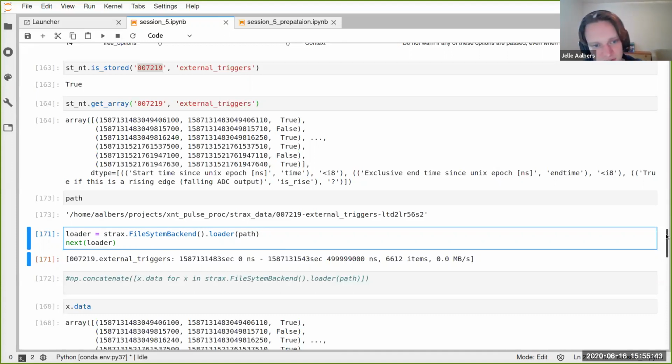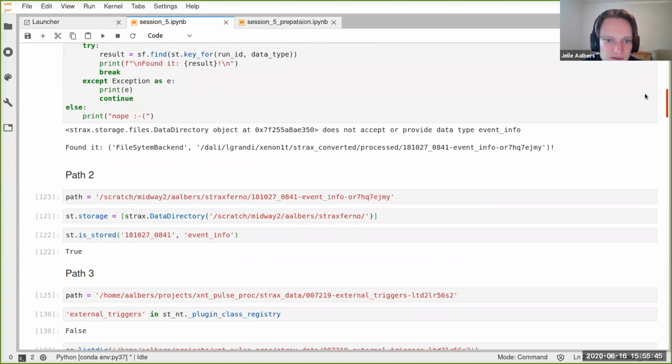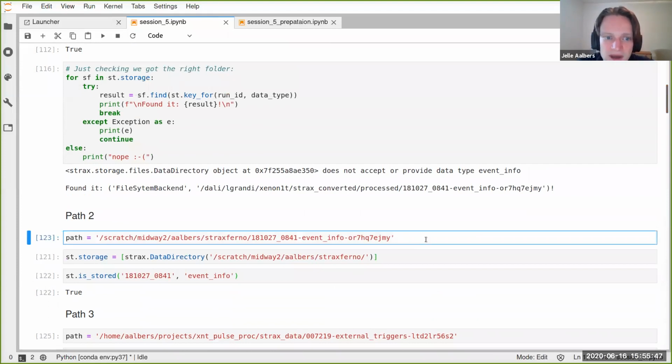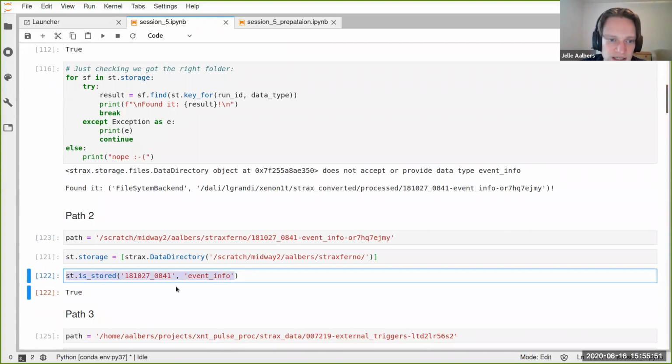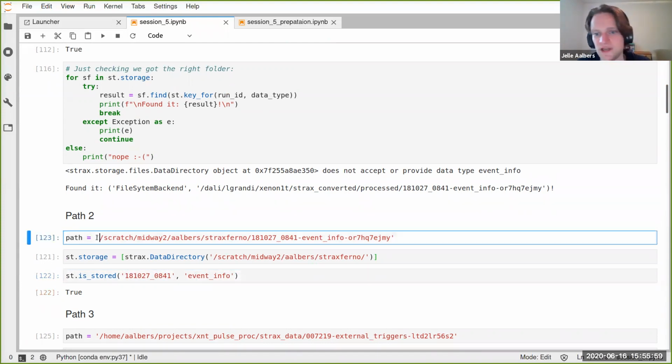Of course, if you're doing regular analysis, you should never be in this situation that you get a path and need to know how to load it. You're in the situation where you say, given a context and run and a data type, how to load it. We're trying to go a little bit beyond regular analysis situations here. This might come up in 2 years, somewhere down the line, and then you know how to deal with it.